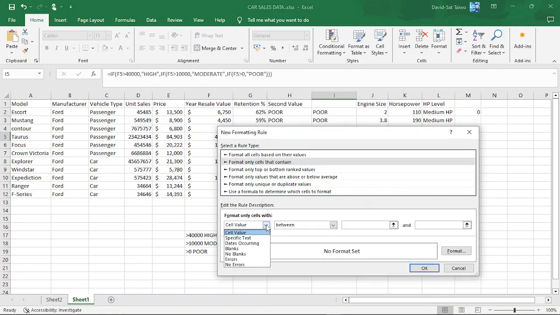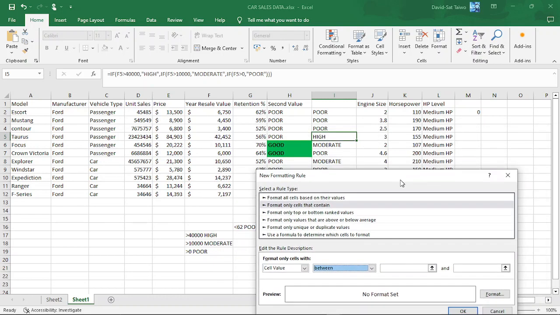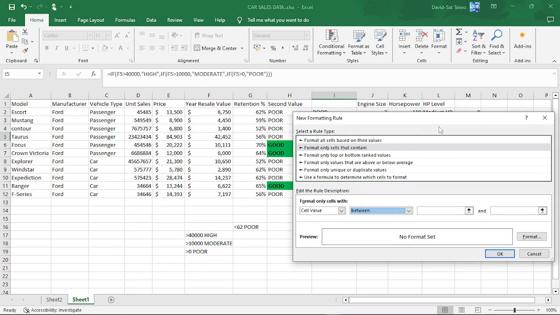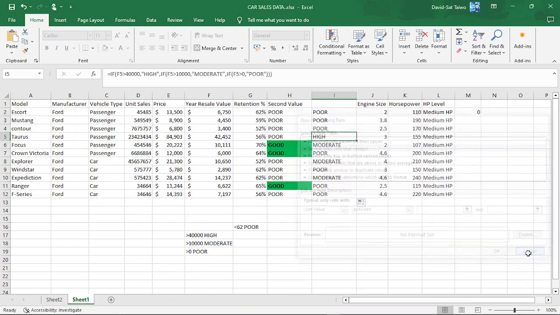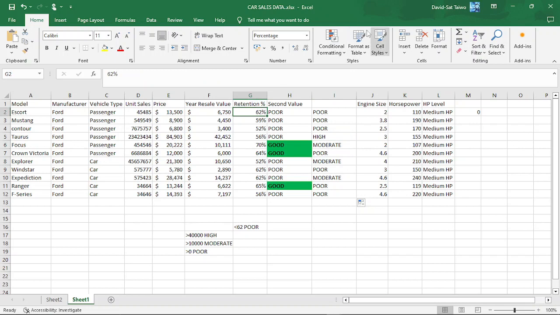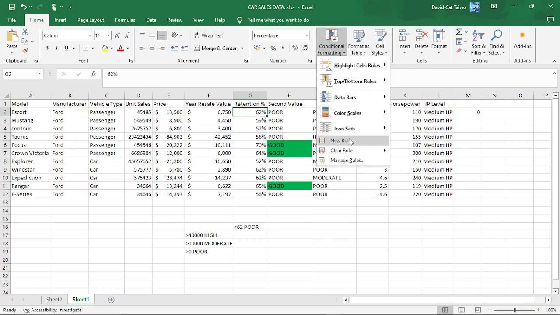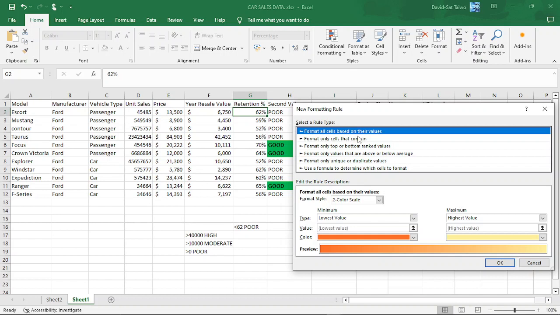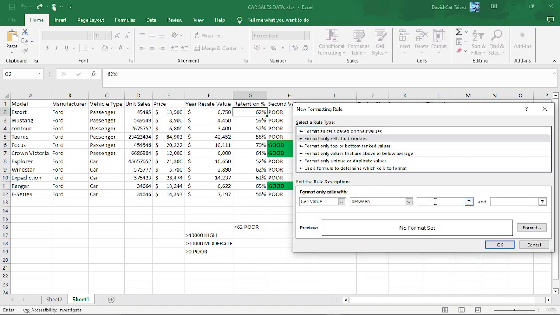Now you are formatting the cell value. Now you have between, so this between is for if you are using numbers. For example, if you are saying between 62%, let's just try the 2. Okay, now we can't format this place because this place is not percent, so let's use this one instead. So let's say you are formatting cells that contain, no, let's say 65%